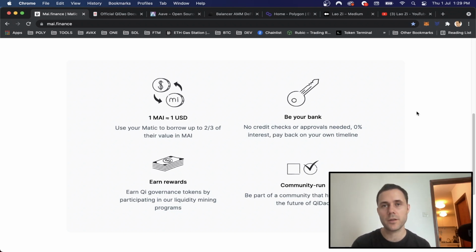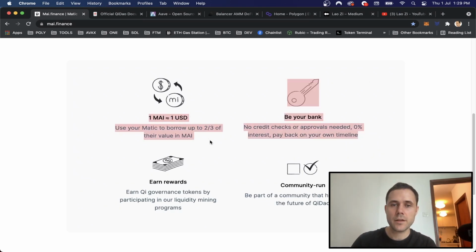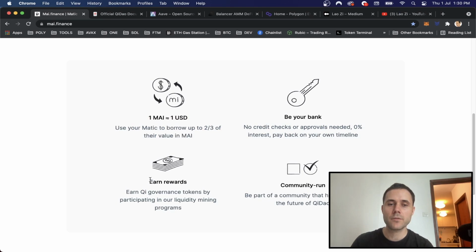Maybe you can move some of your loans which you're paying interest on and buy some Matic token instead, and then pay 0 interest and use the stablecoin to pay your existing loans. We'll talk a little bit about the tokenomics later, but on the function of the loan, you can only borrow up to 2/3 of your collateral. So say you deposit $90 worth of Matic, then you can only borrow $60. We'll talk a little bit about rewards when we talk about farming later.